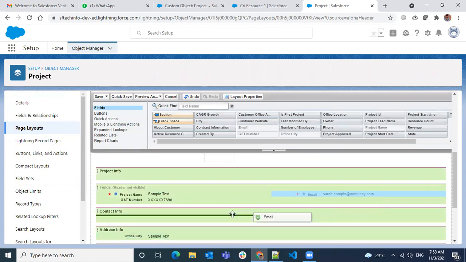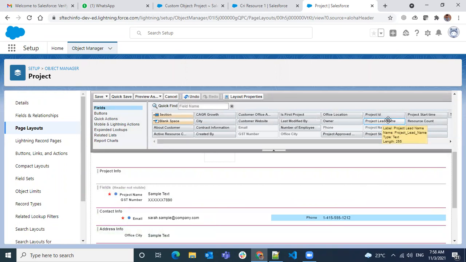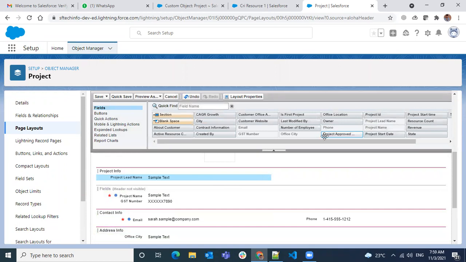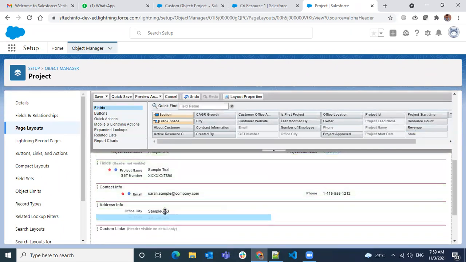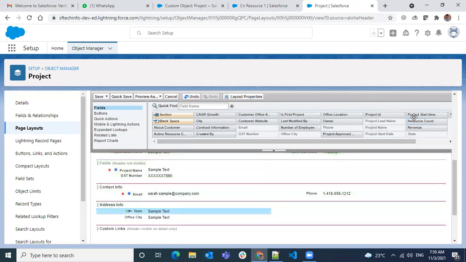Okay, contact info. I want more email here and phone number, and here I want to add project lead and project start date, and add address information with the state.